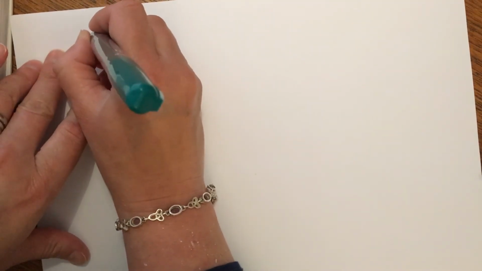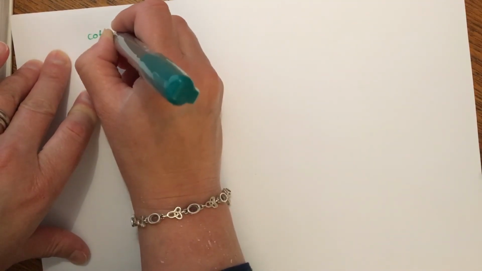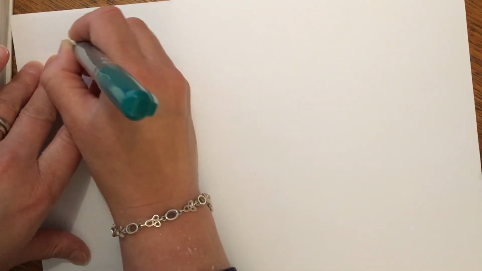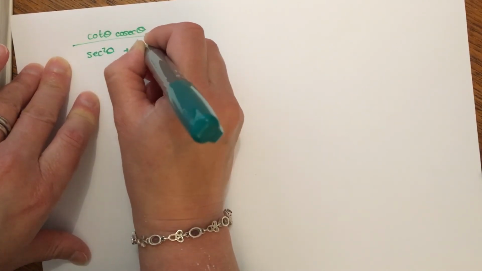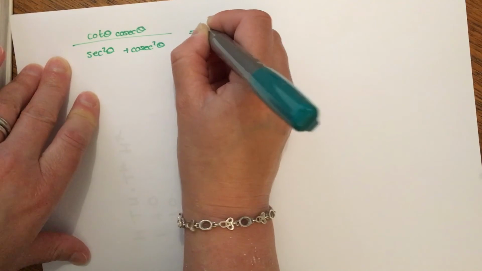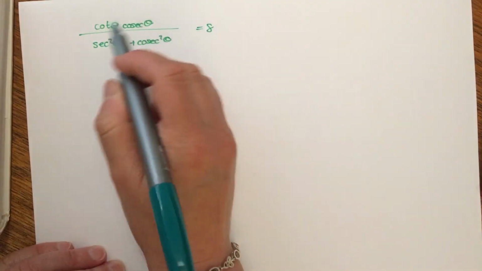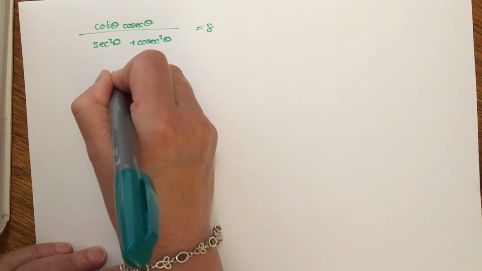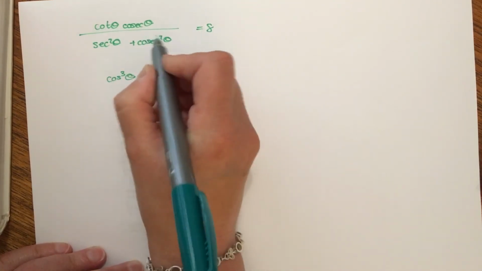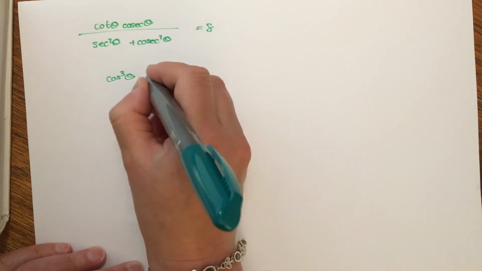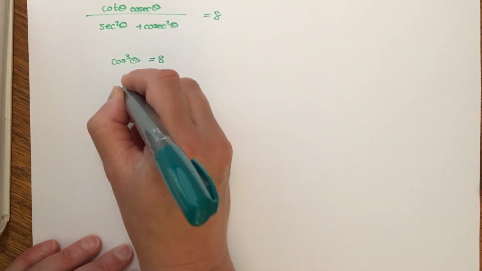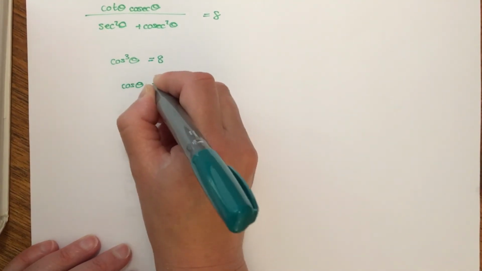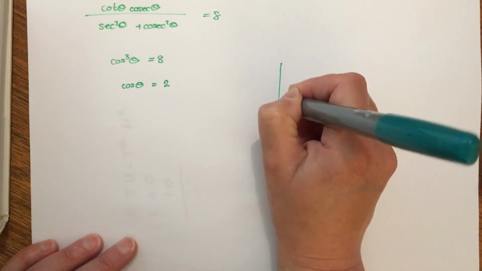So the question said, explain why cot theta cosec theta over sec squared theta plus cosec squared theta equals 8 has no solutions. Well, we worked on this in part A and we turned that into cos cubed theta. So in part A we already did that and we knew it was equivalent to that, equal to 8. So why does that have no solutions? Well, if you cube rooted both sides, you'd have cos theta is equal to 2. You know from your cos graph,